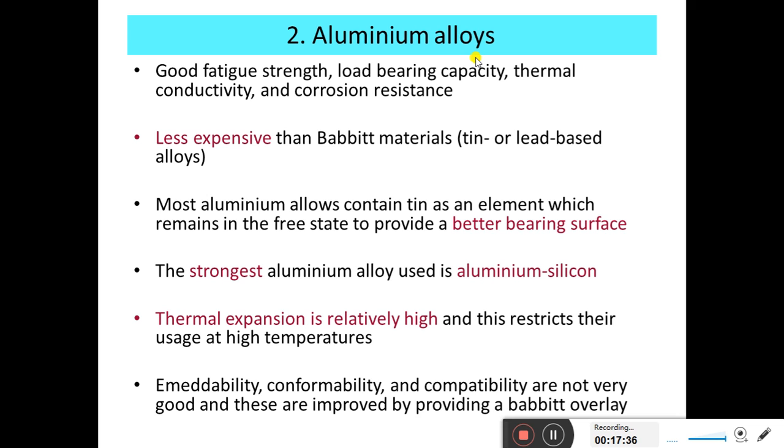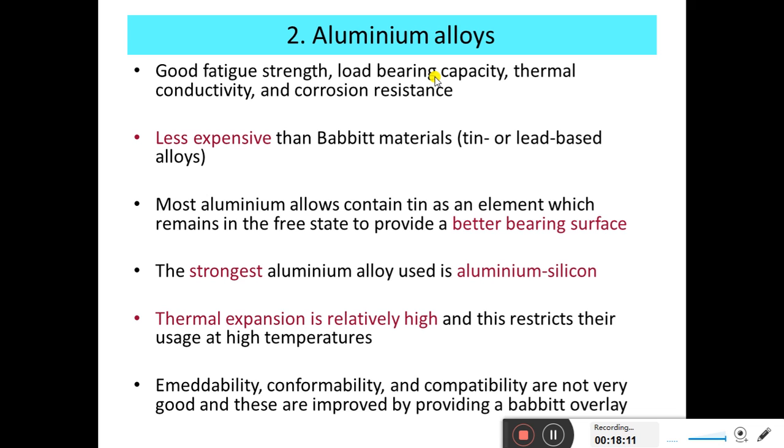But is wear resistance less or more? Wear rate is very high because it is a soft metal. When compared to steel, the steel wear rate is less, but the aluminium wear rate is more. It will easily wear off. So this is a drawback. To avoid this drawback, we add some other materials to the aluminium, and it becomes an alloy. So an alloy has better properties when compared to pure aluminium.